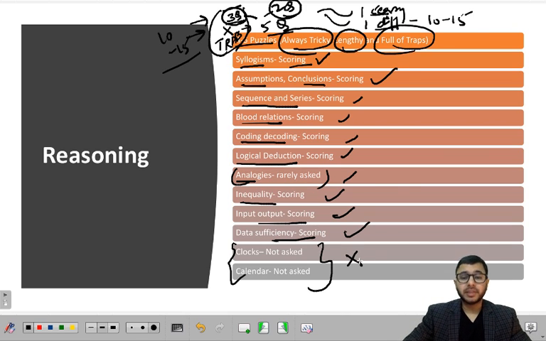So these are the broad areas. Of course, there will be some other areas in verbal reasoning as well, which are asked. But the strategy is going to remain the same as in quantitative aptitude. You go to YouTube, figure out topic by topic which video is good, cover them, then go to CAT material and try and cover those questions. Okay.